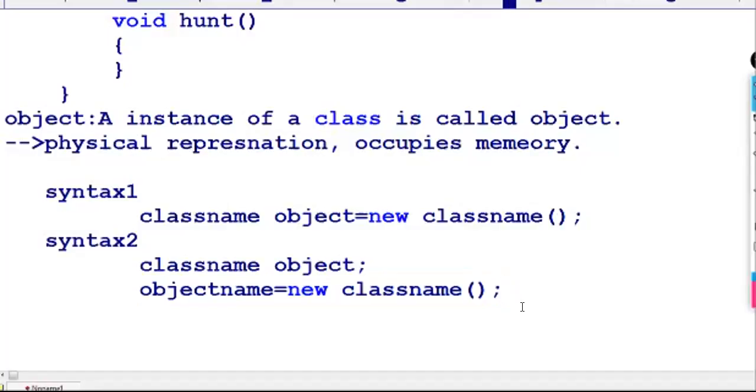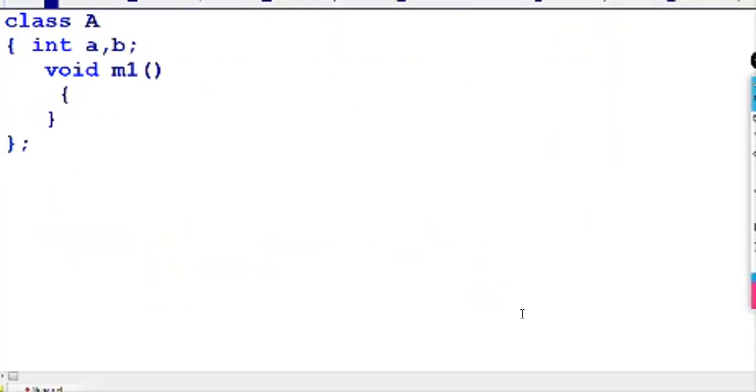The class is created, the object is also created. Now we go for a good example of explaining how the class will be and also how you create an object. I can write it in an easy manner. It is a better approach. A class with a set of members and methods: the class contains both. I am taking A and B as two members. Then one method, void M1. I am not implementing anything here. It has zero statements.